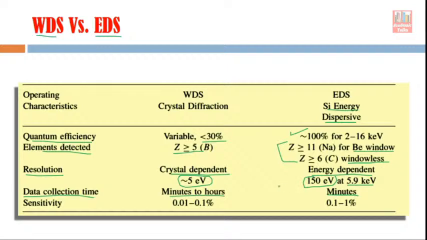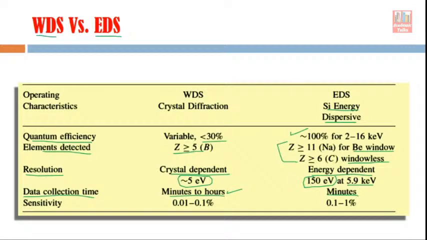It's justified because in the case of WDS we focus on one particular wavelength at a time. Once we get sufficient data at that wavelength, we move to the next wavelength, then the next wavelength. That wavelength selection can be made with the help of multiple detectors at different positions, or we can rotate the crystal. That process takes time, because we are collecting data at one wavelength at a time, then changing the setup to get data at a different wavelength.